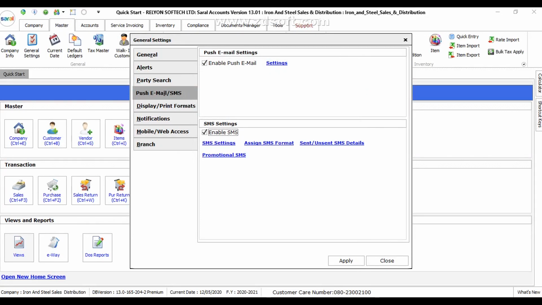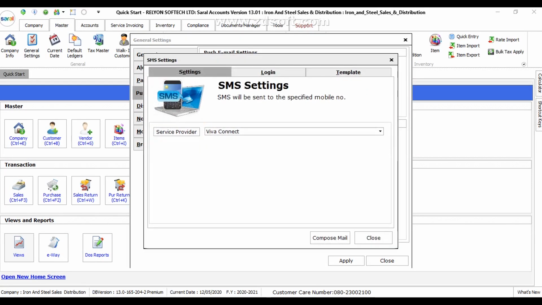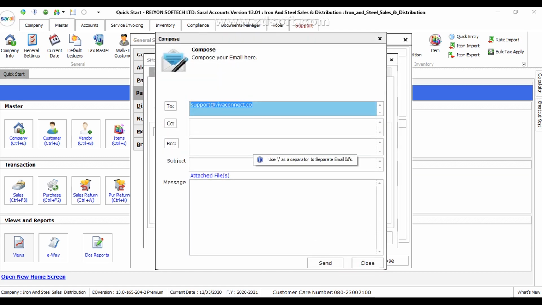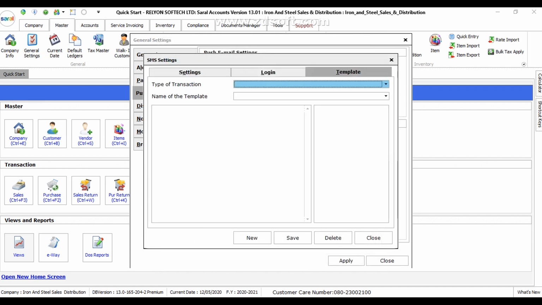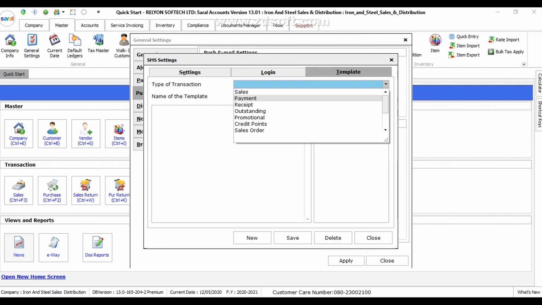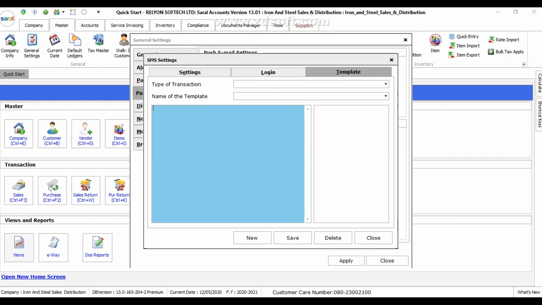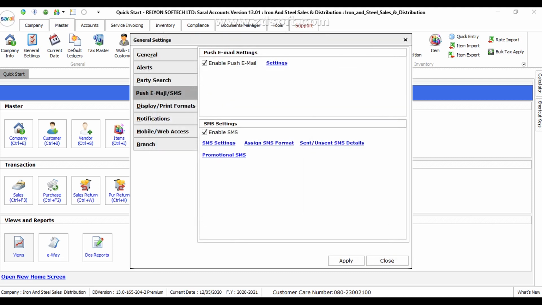Similarly, we can send SMS also. We need to compose different SMS over there. Templates, we can make the templates, save the templates accordingly, and then we can send.